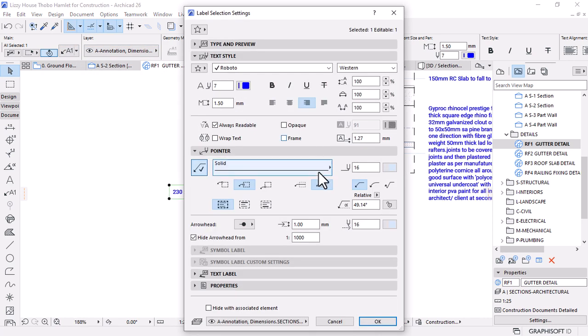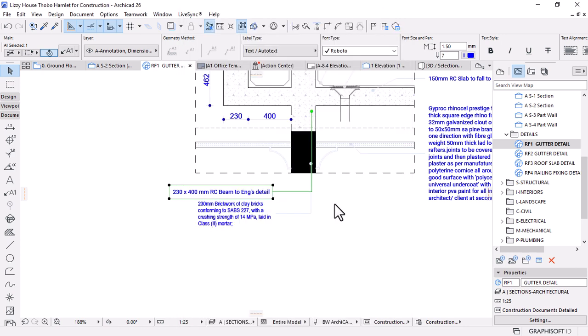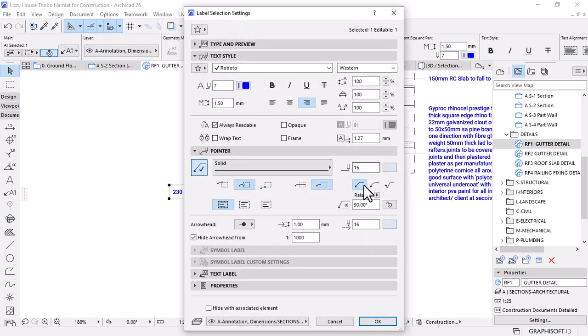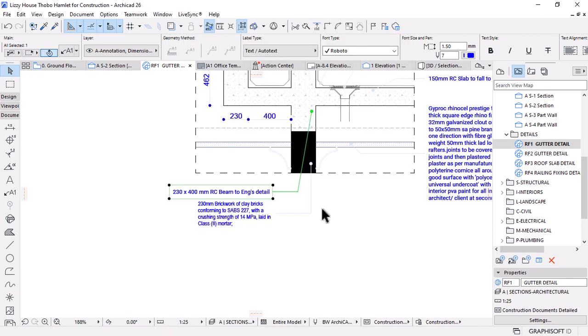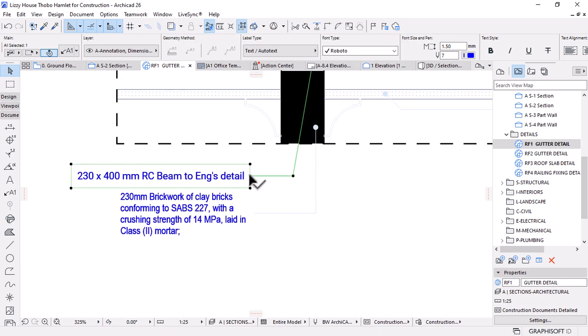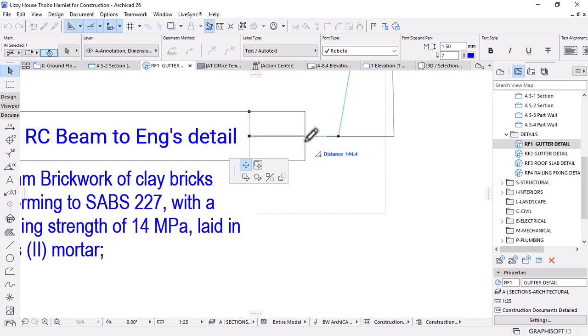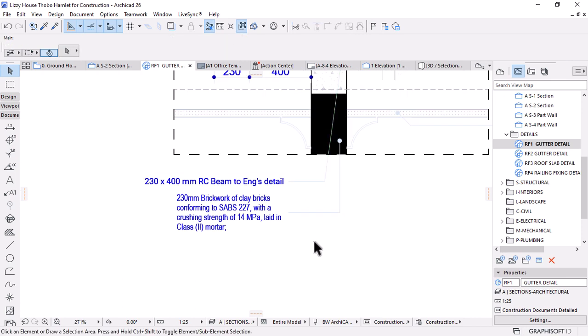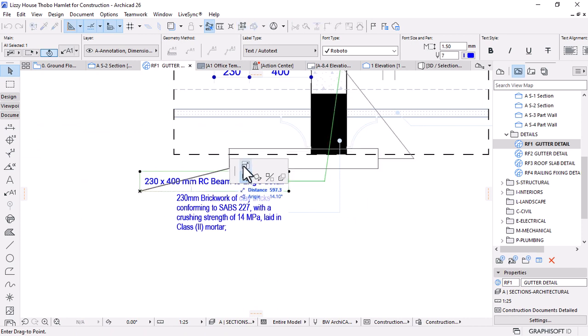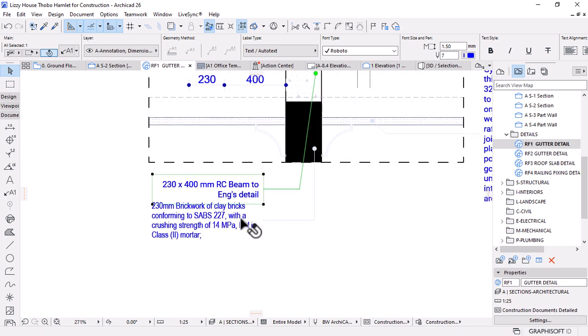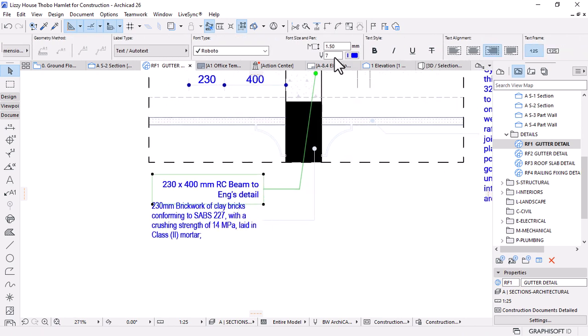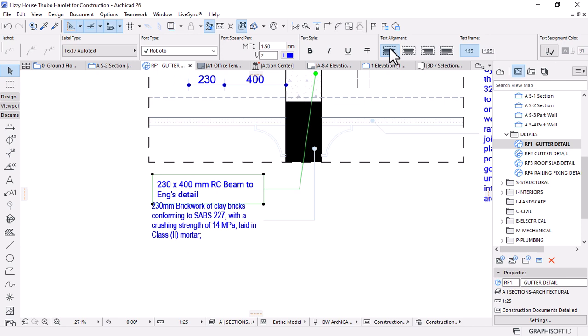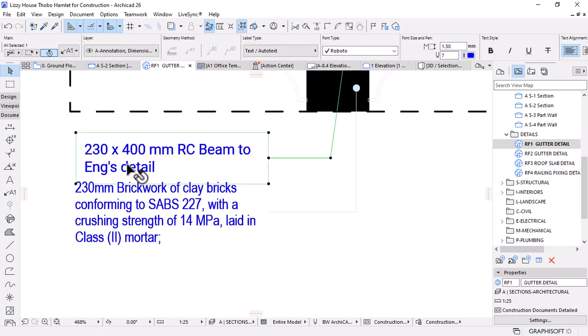Let's set the angle to 90, or maybe 80. Let's try to align with this one, and we can also stretch it to be there. So now we have different formats of text alignment. So let's move it to the other side, and we can stretch this to the, yeah,